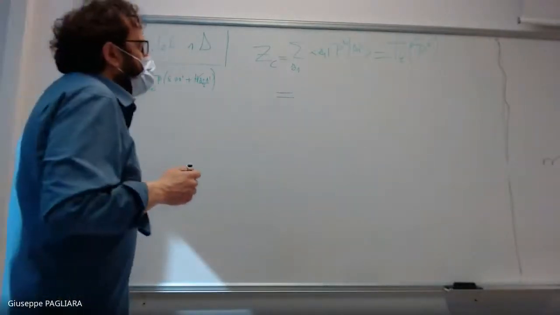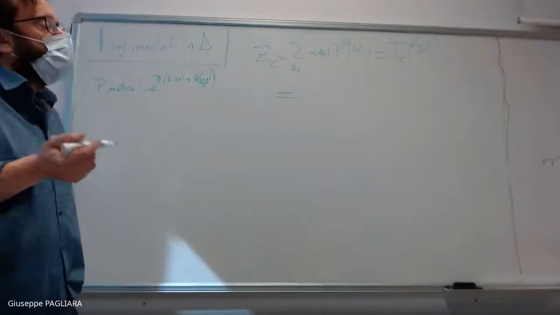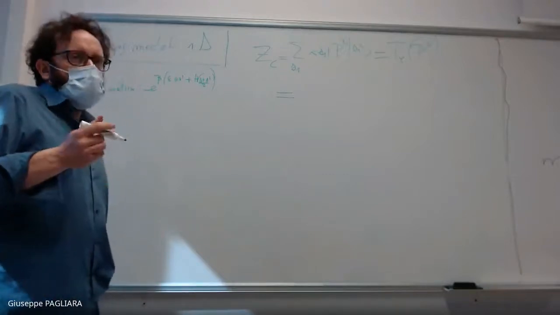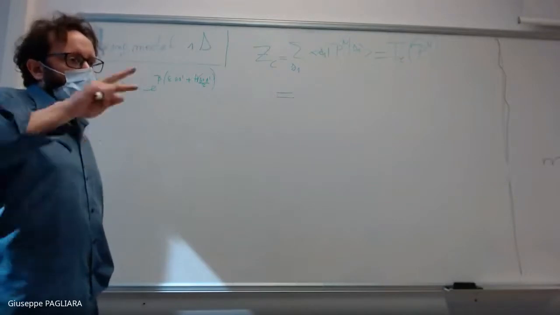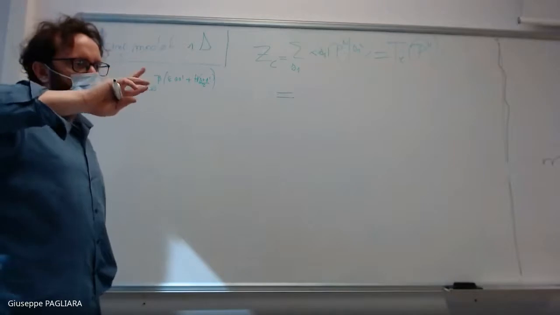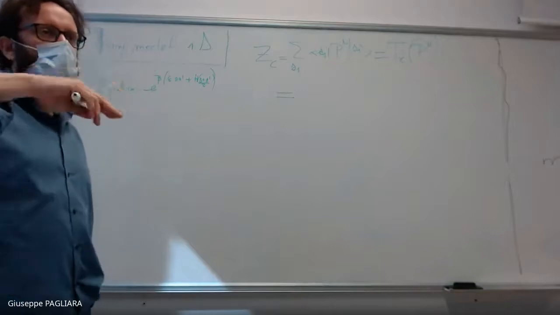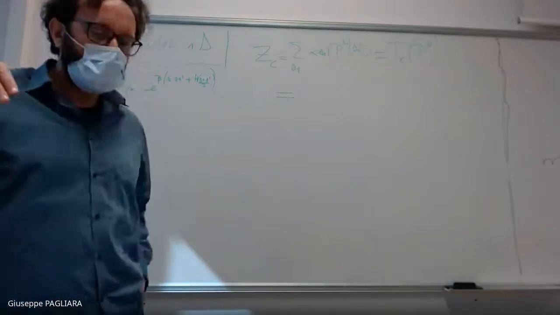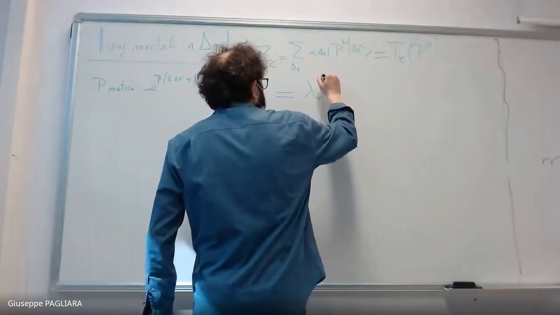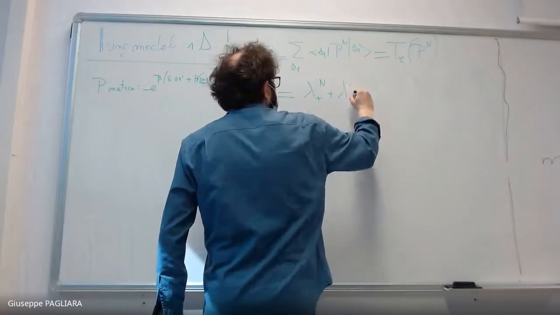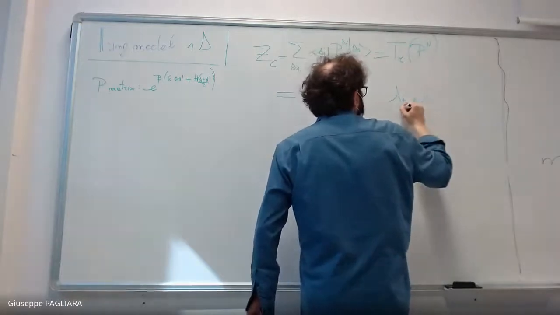So if I'm writing P in a basis in which this is diagonal, P to the power of n will just be the matrix in which I have the two eigenvalues to the power of n, and if I do the trace, I just have the two eigenvalues to the power of n summed. So this is just, suppose that I call them, λ+ to the power of n and λ− to the power of n, where λ+ and λ− are the two eigenvalues